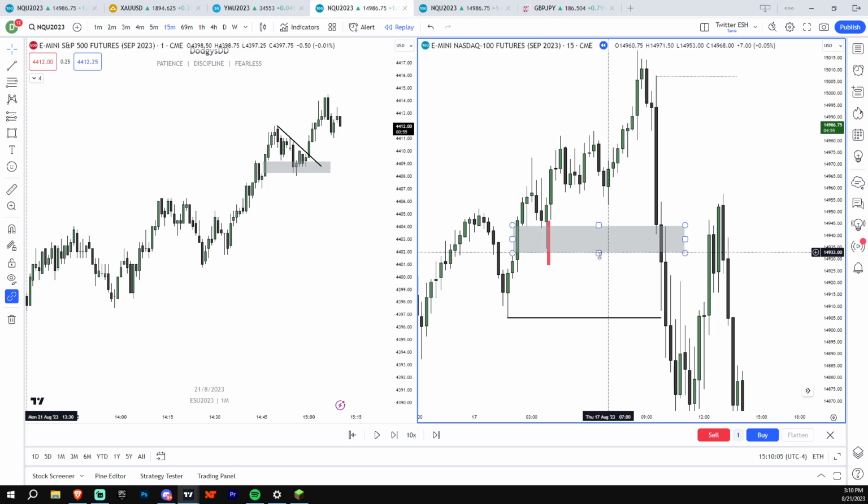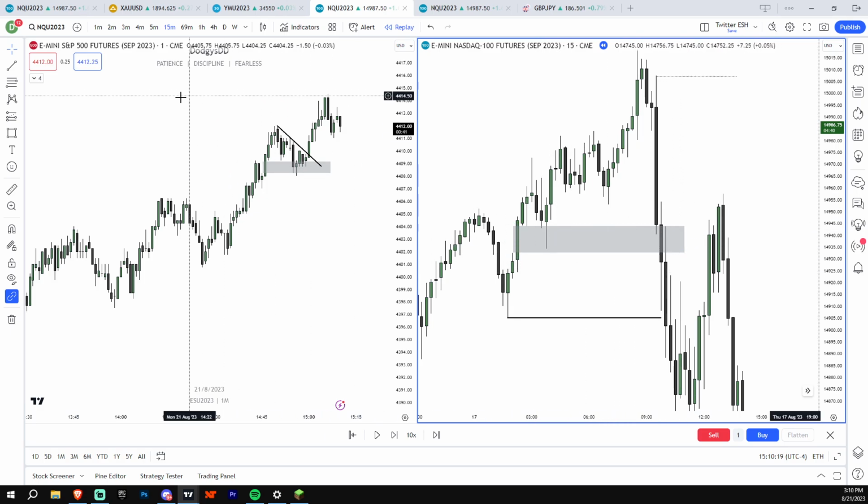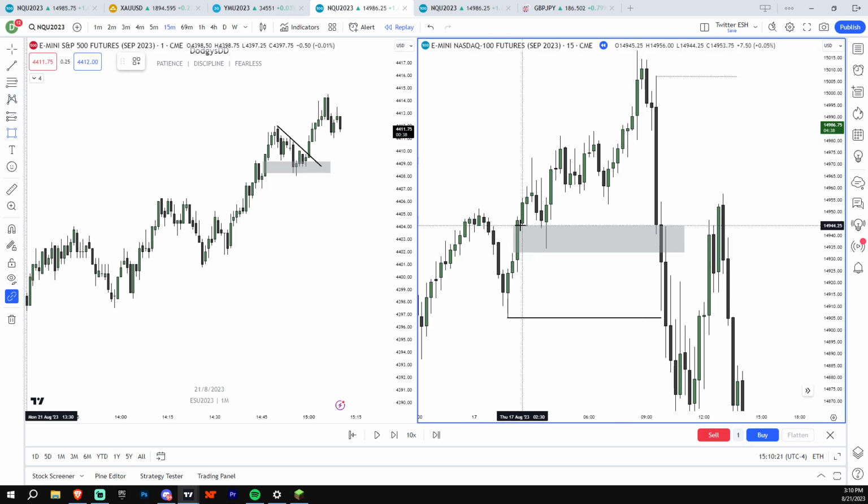So generally, I'm looking for the fair value gaps that are respected on the buy side of the curve or not used at all, and then I'll use them for an inverse. Okay, so there's two ways how I'll use this as an inverse. One, if it's respected nicely, and this one is. Or two, if, let's say, we didn't even wick here at all. Okay, let's say this wick and all this was totally gone.